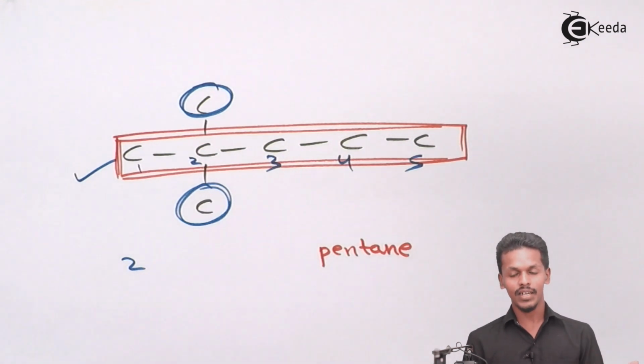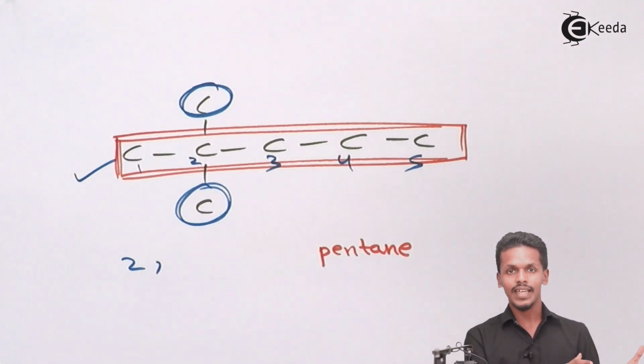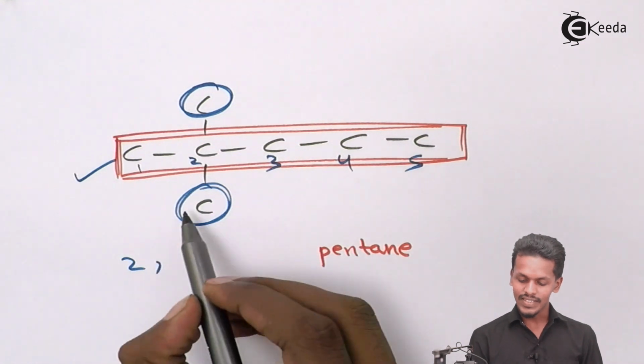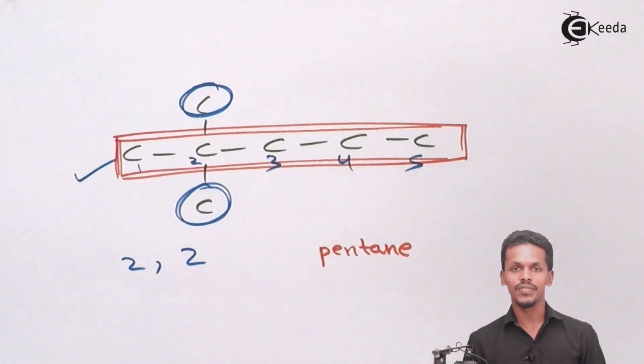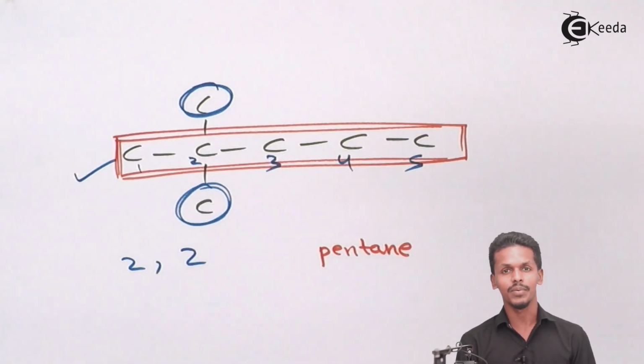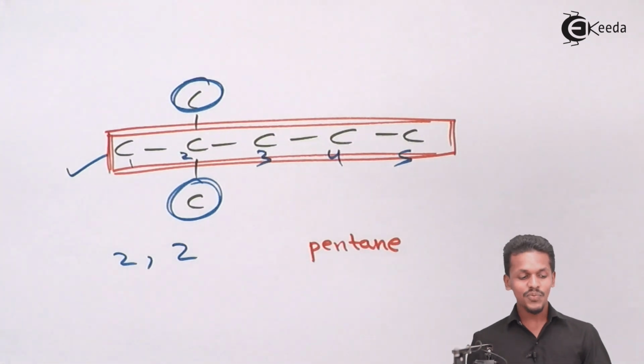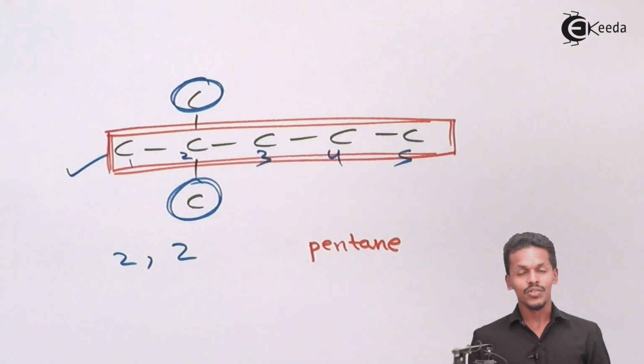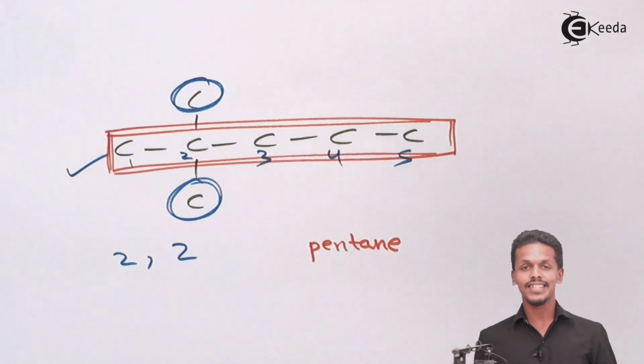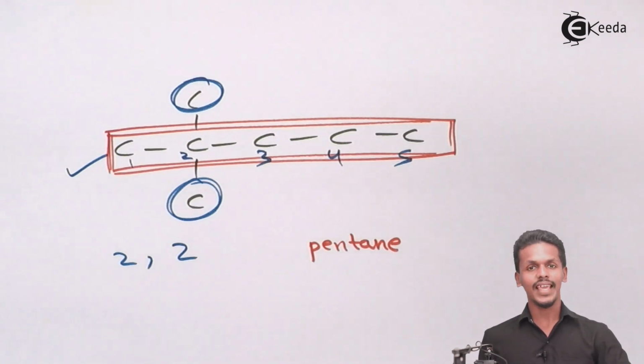The substituent will also get a number of 2, which is attached to the second carbon atom of the parent chain, as well as this, which will also have the same number 2, attached to the parent carbon chain. So this is what we have explained, rule number 4 as well as rule number 5. So now let us go on further and study that also. So for that we have